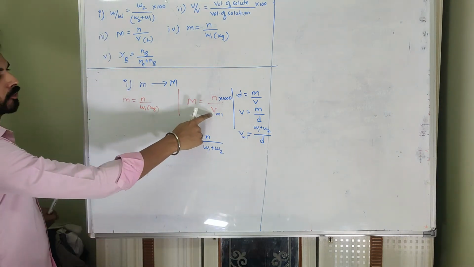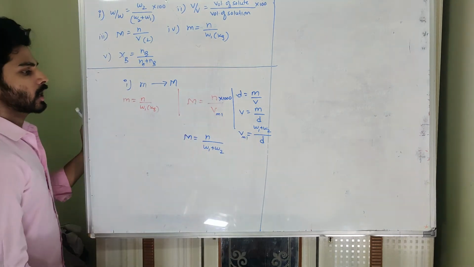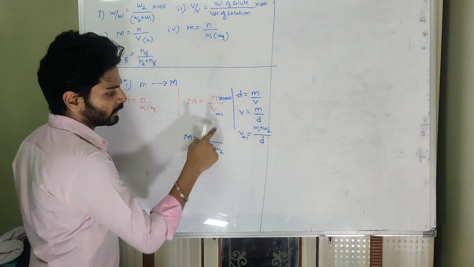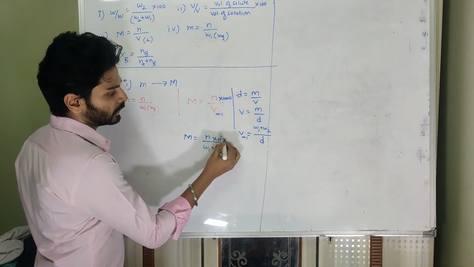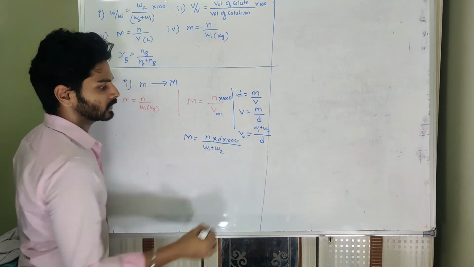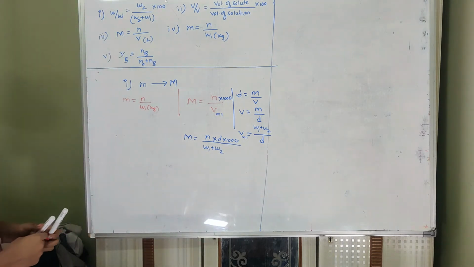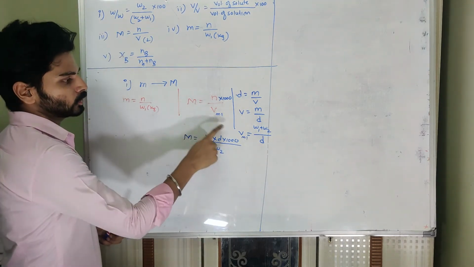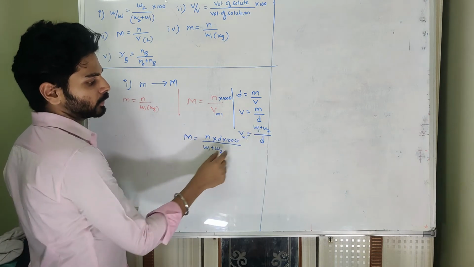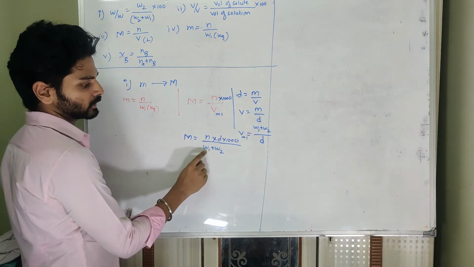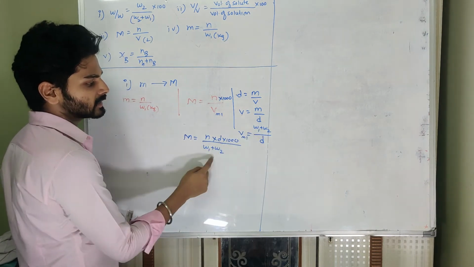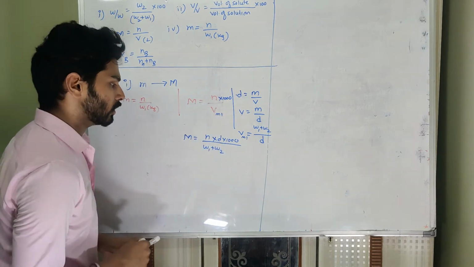So that's why I'm keeping ml and dividing with 1000. So now W by W into D into 1000. So this is how I converted. Instead of volume, I have written W1 plus W2 as the mass of the solution, mass of solute plus mass of solvent, divided by density will go up, and 1000 already there.